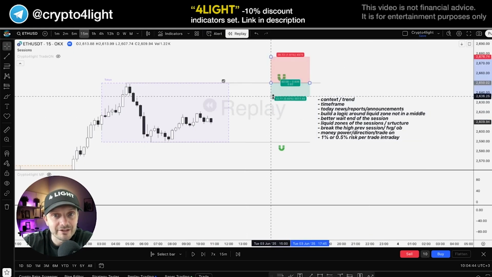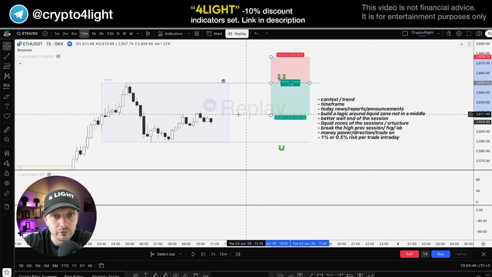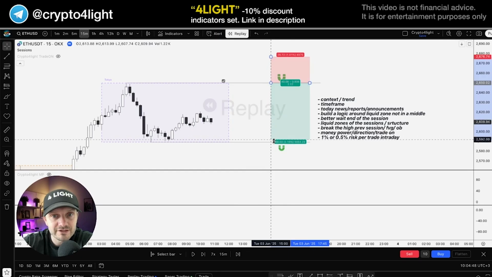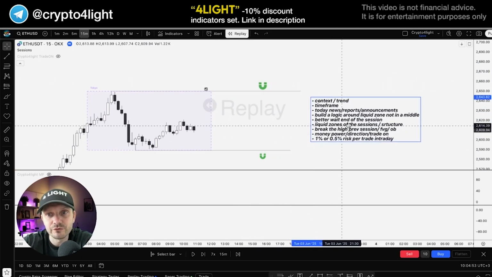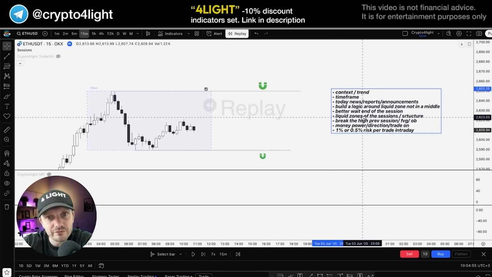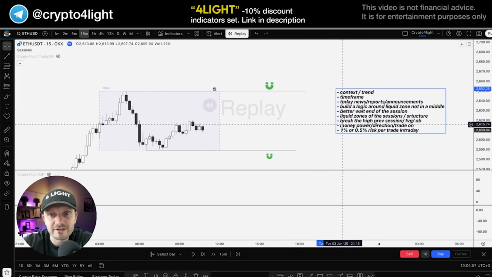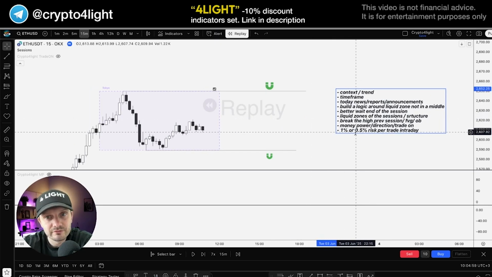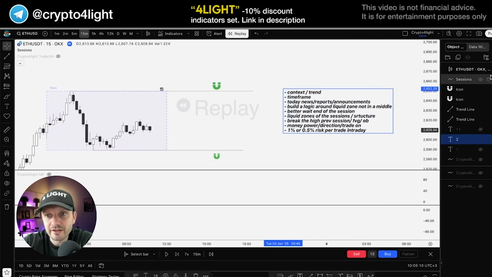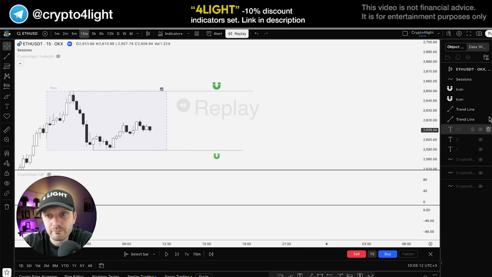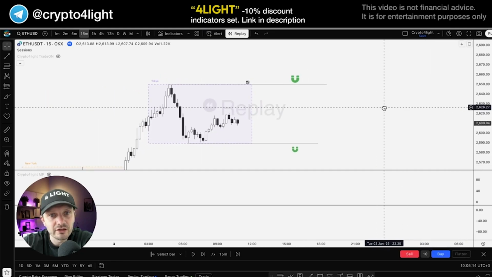The target can be the equilibrium of the previous session or a sweep of the low. Depends on your leverage, depends on the size of your initial deposit. You can work with the risk per trade. It can be 1% or 0.5% risk per trade intraday. And like I told you before, I use money power, direction, and trading indicators as an additional tool, which gives me a lot of information. So take a look how it played out